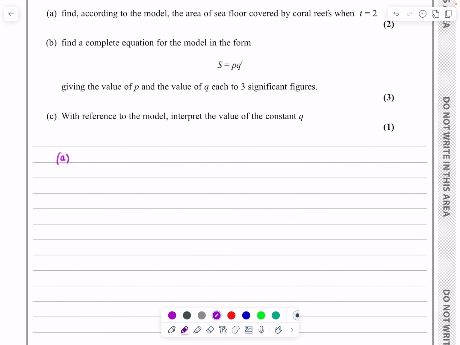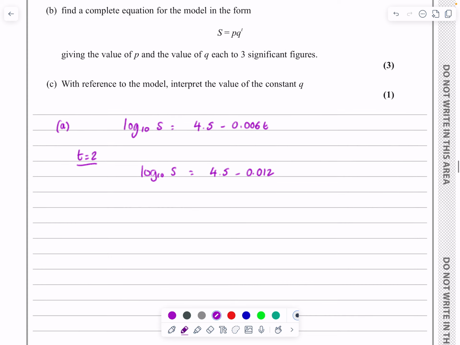So we've got that log 10S is equal to 4.5 minus 0.006T, and then they're telling me that T is equal to 2. So if I put that in, I'm going to get log 10S is 4.5 minus that multiplied by 2, which is going to give me 0.012 there, and then I've just got to rearrange to make S the subject. So log 10S is equal to